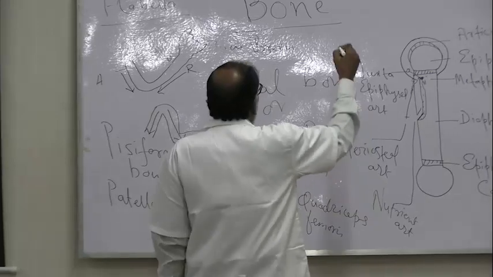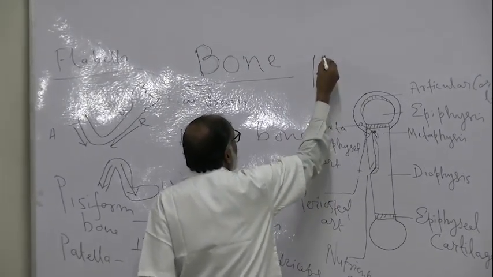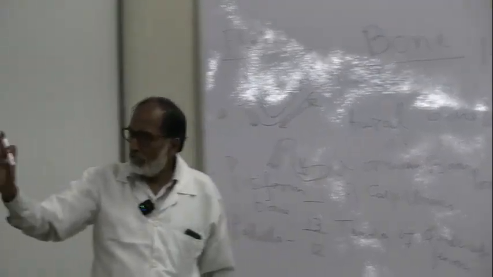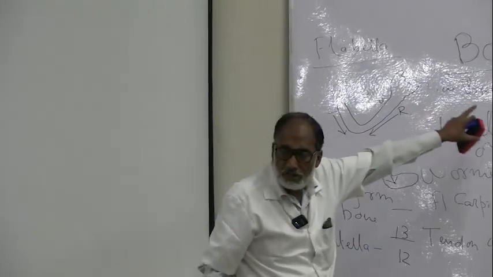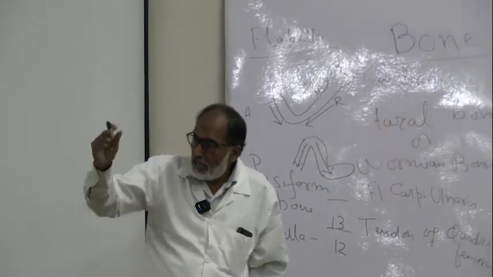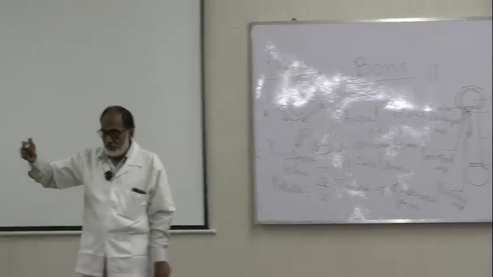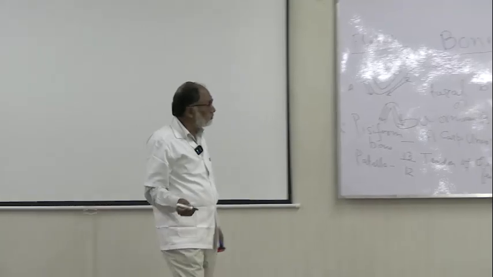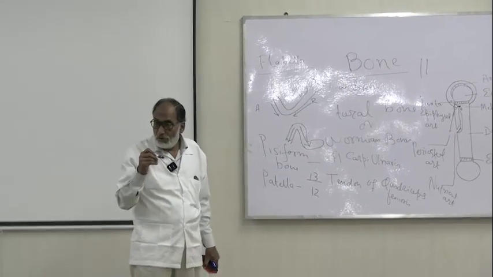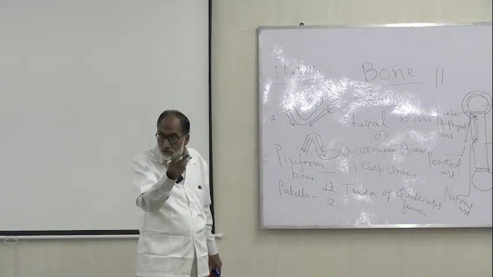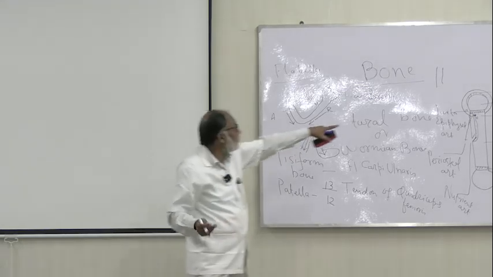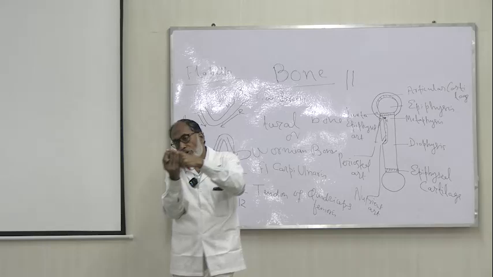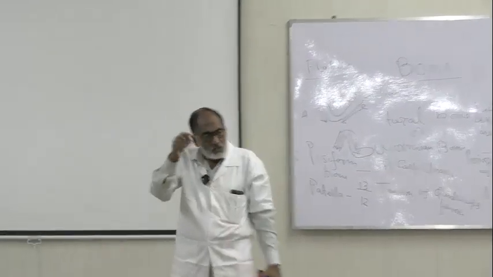এই যে লং বোনস, এটা একটা লং বোনস, এর এন্ডগুলো ডেভেলপ করে সেকেন্ডারি সেন্টার অফ অসিফিকেশন থেকে, শ্যাফটটা তো প্রাইমারি সেন্টার। তাহলে আই এম টকিং অ্যাবাউট এপিফিসিস, যেটা সেকেন্ডারি সেন্টার অফ অসিফিকেশন, বুঝতে পারলি? তাহলে সেকেন্ডারি সেন্টার অফ অসিফিকেশন যেটা আগে অ্যাপিয়ার করবে সেটা পরে জয়েন করবে, মানে তখন এপিফাইসিয়াল কার্টিলেজ উইল বি কনভার্টেড ইনটু বোন, মানে জয়েন করে গেল আর কি।